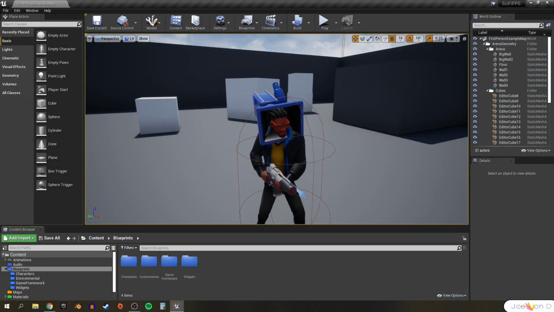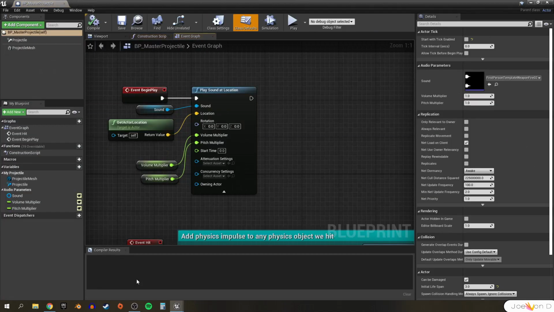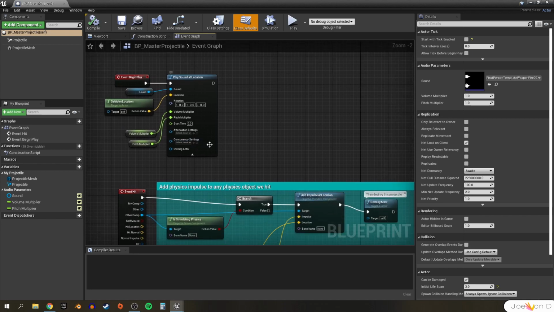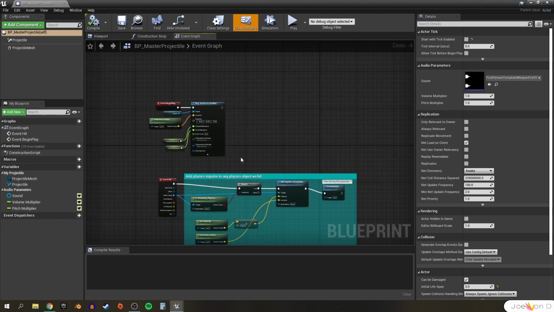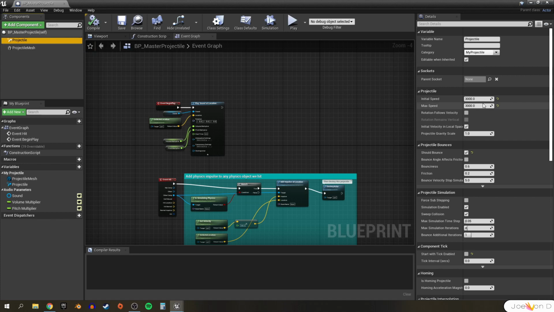First, we need to open our master projectile blueprint, and we can double click on that to do so. And I wasn't really a big fan of our blaster bolt speed in the previous video. It seemed to be firing a little slow, and gravity affected it a lot more than what I imagine it would. So let's change these aspects of our projectile by going to the projectile movement component in the components tab, and we can alter them directly here in the details panel. That's actually one of the main benefits of using this type of movement component.